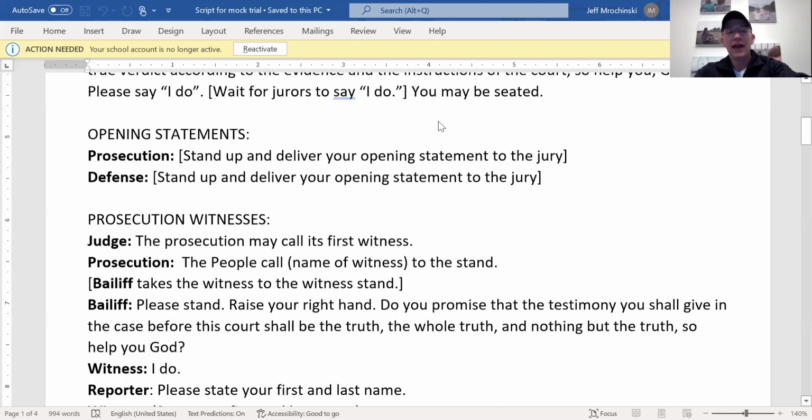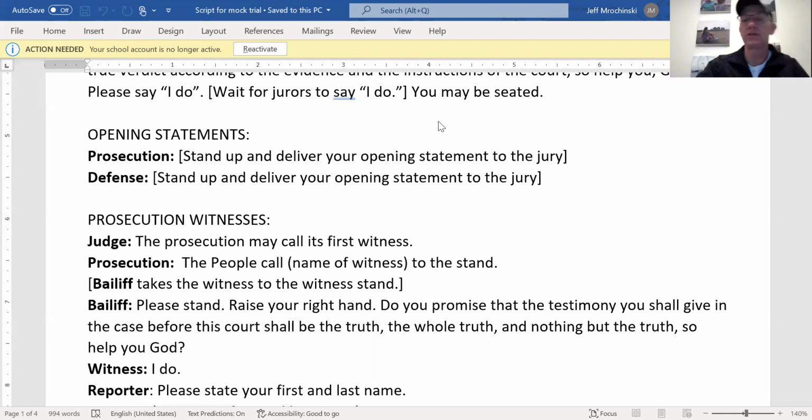Then the prosecution gets called up. The DA, or one of the attorneys with the DA, maybe an assistant DA, is called up to do an opening statement. I recommend that this is not something long and drawn out and exaggerated, but something straight to the point. Let the jury know what you want them to know at the finish of this court hearing. The prosecution gets up and talks about why that person should be found guilty. The defense comes up and then talks about why the accused should be found not guilty.